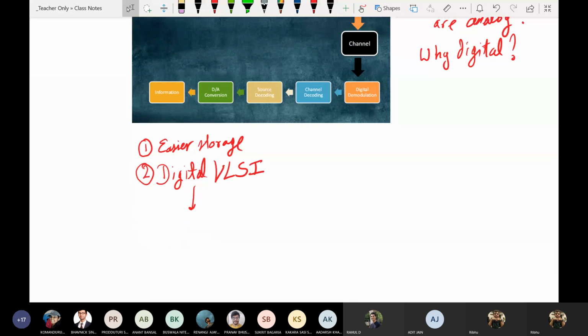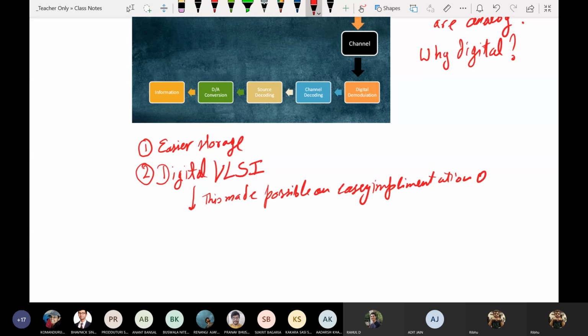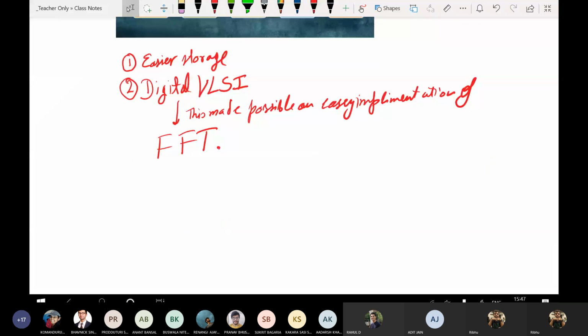This made possible an easy implementation of FFT. FFT is a good example of the no free lunch theorem. What you have is a computational complexity. So we know that